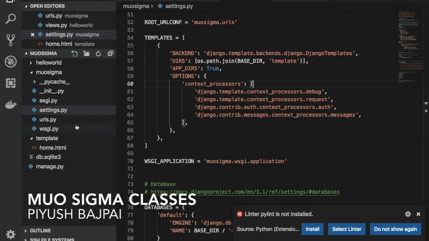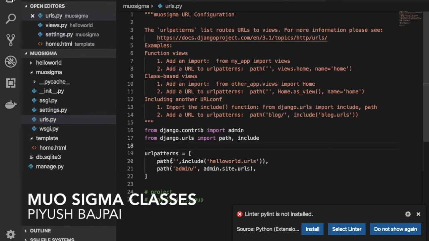Now you can see in this urls.py file, on this blank path, you are calling the application URLs.